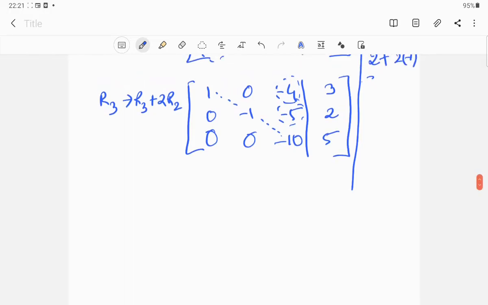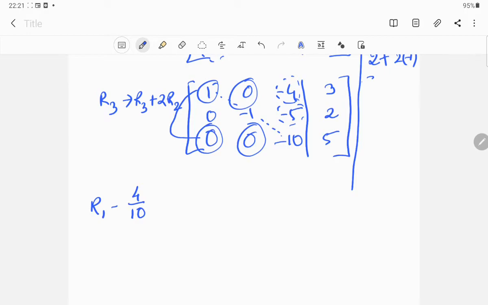So here you can see that we can connect these two. See, these two terms will definitely not get affected. So what we can do, can we do R1 equal to R1 minus 4 by 10 into R3. Okay, so if you go by that,